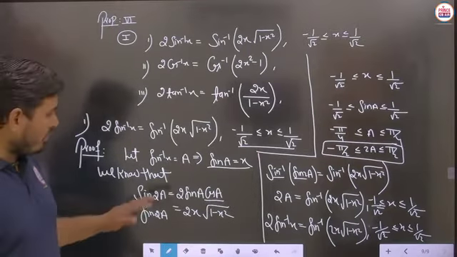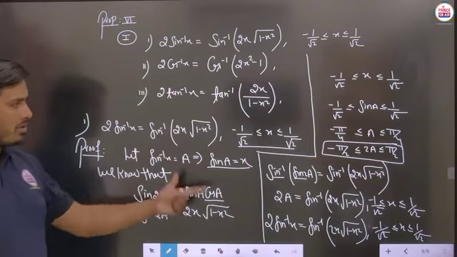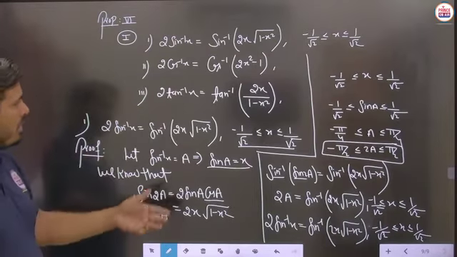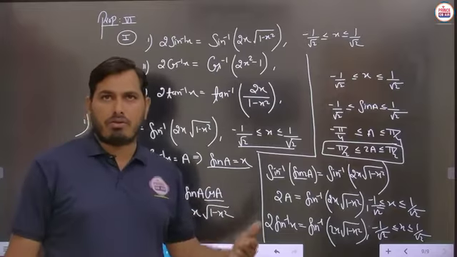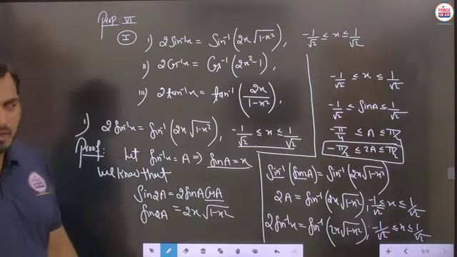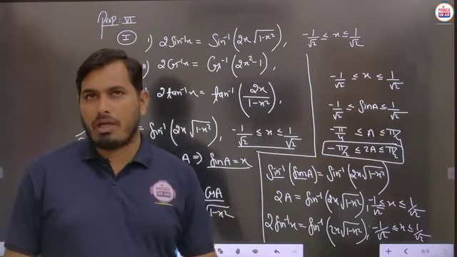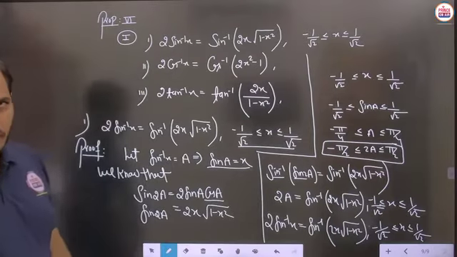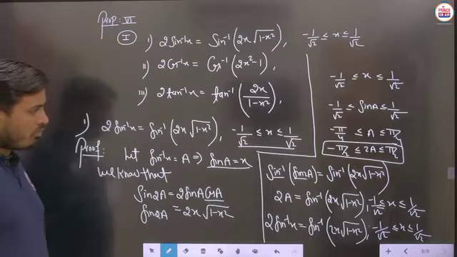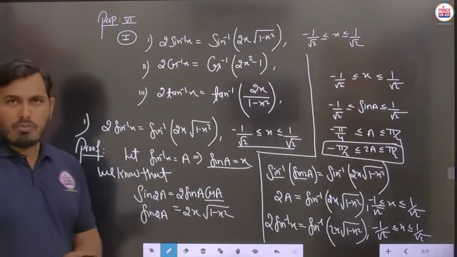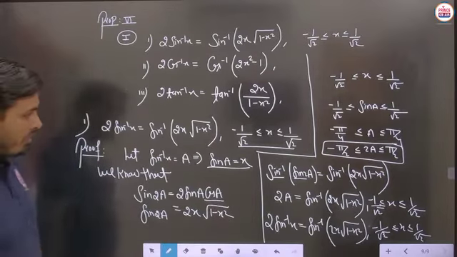So I think you can understand the proof of the very first part. Now we will take the second part, that is 2 cos inverse x equals cos inverse of 2x square minus 1, and after that we have to see in which situation this is satisfied. We have to take this part. So before that, students, pause the video to note down the proof of the first part, then we will take the second part here.